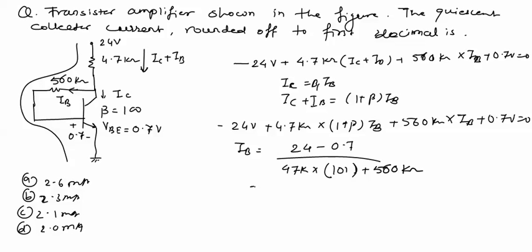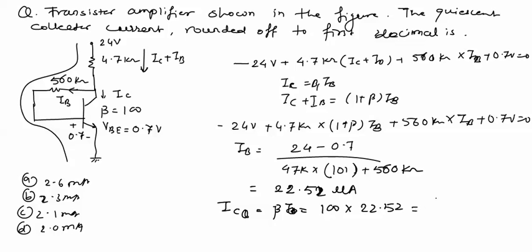When we calculate this, we get IB equal to 22.52 microamperes. Now the quiescent collector current ICQ is equal to beta into IB, which is equal to 100 into 22.52, which comes out to be 2.3